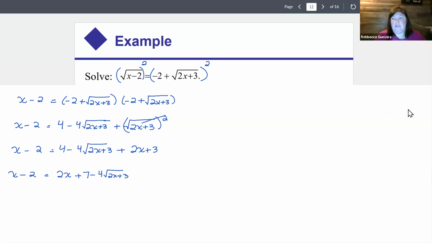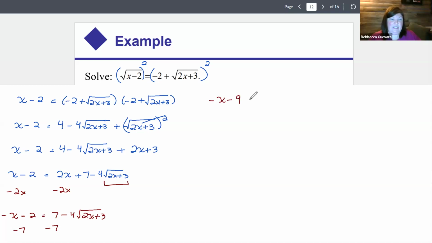So my next step here, I need to isolate this radical. I can take away 2x from both sides, and I'm going to have negative x minus 2 equals 7 minus 4 square root of 2x plus 3. Then I can subtract 3 from both sides, and I'm going to have negative x minus 9 equals negative 4 square root of 2x plus 3. So if I divide both sides by negative 4,